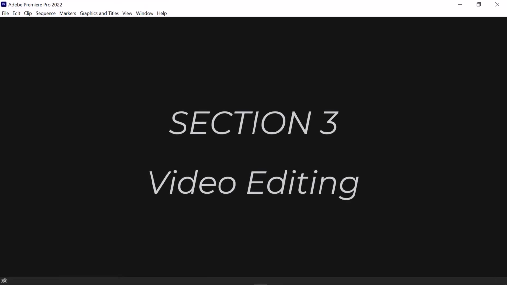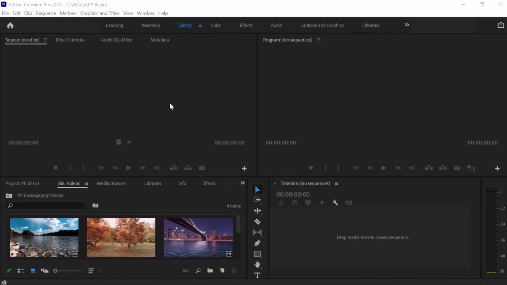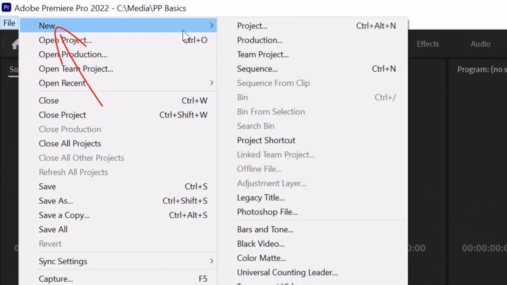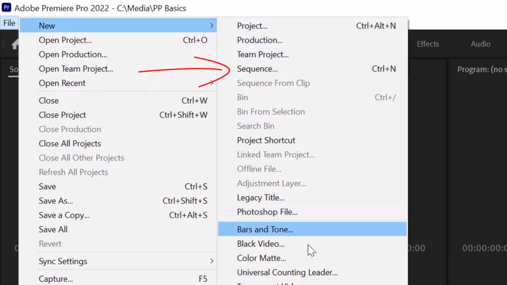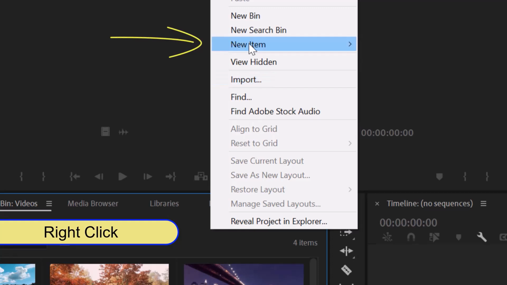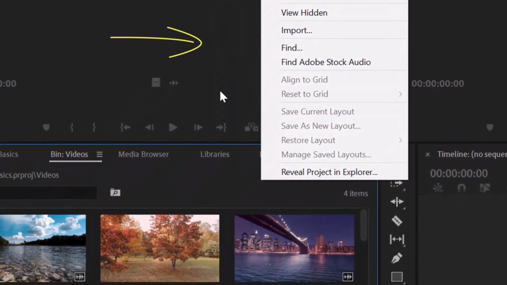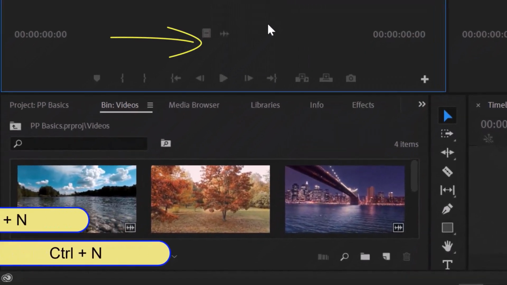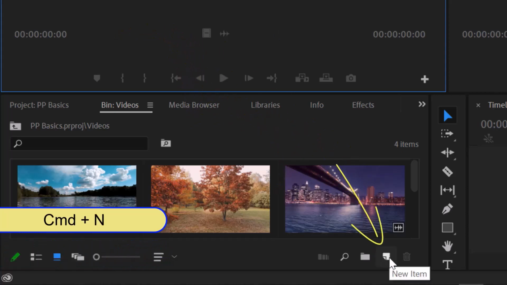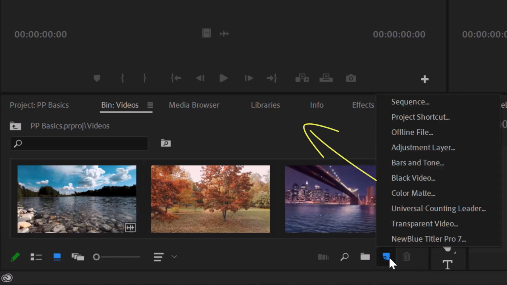Section 3. Video editing. As mentioned earlier, you need to create a sequence before you can edit a video. And you can either click the File menu, New and Sequence, or right-click inside the Project panel, New Item, Sequence. You can also use your keyboard. Press Ctrl or Command+N, or you can click the New Item icon at the bottom right of the Project panel